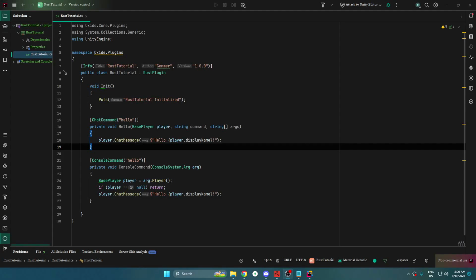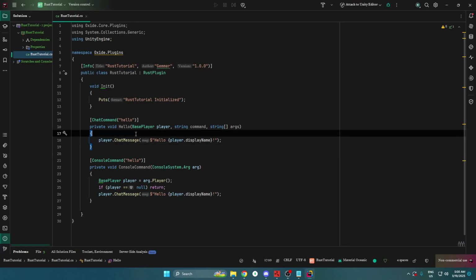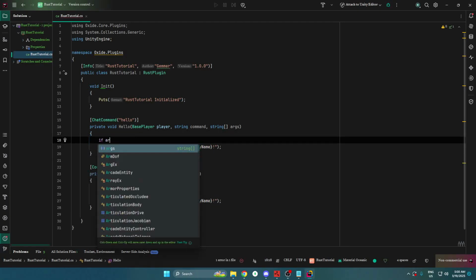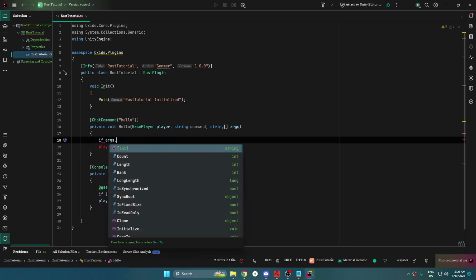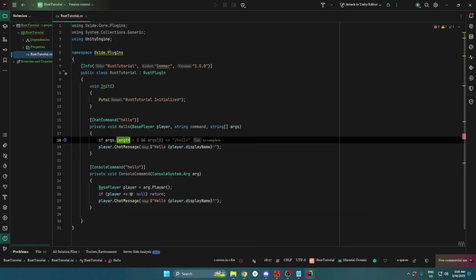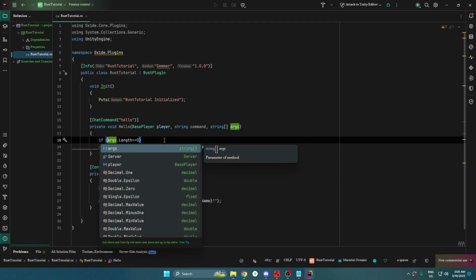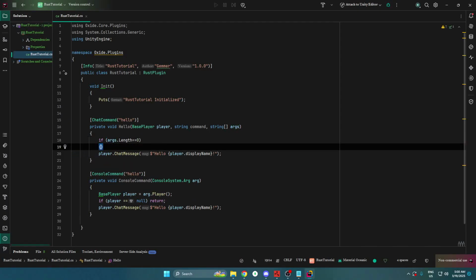Now let's look at taking arguments from a chat command, because let's say you want to say /hello and then the amount of times I want to say hello or something like that. So then you have to add a little check. It says if args.Length is equal to 0, then this code block will run, which will basically just say